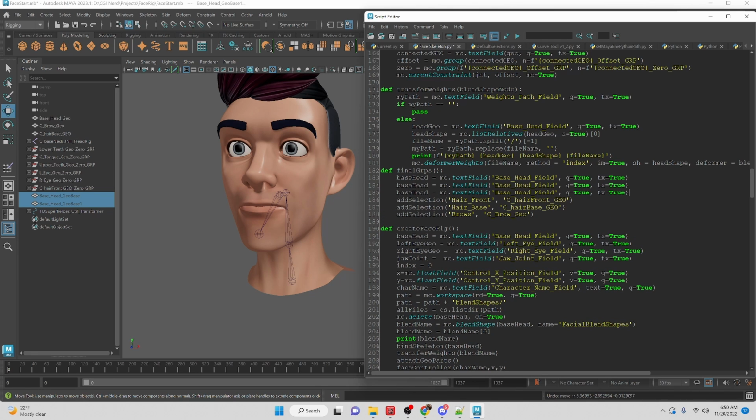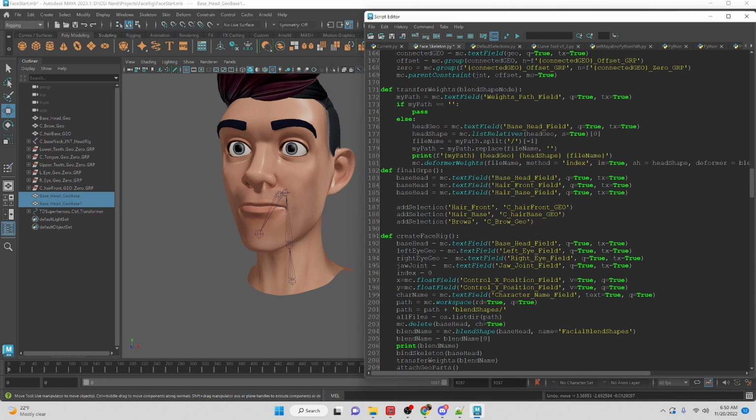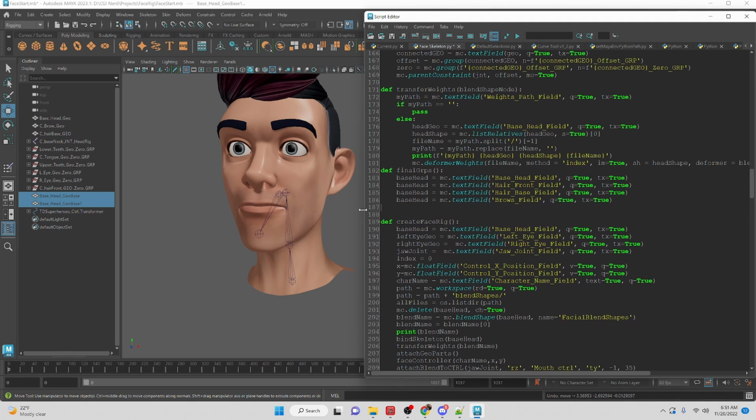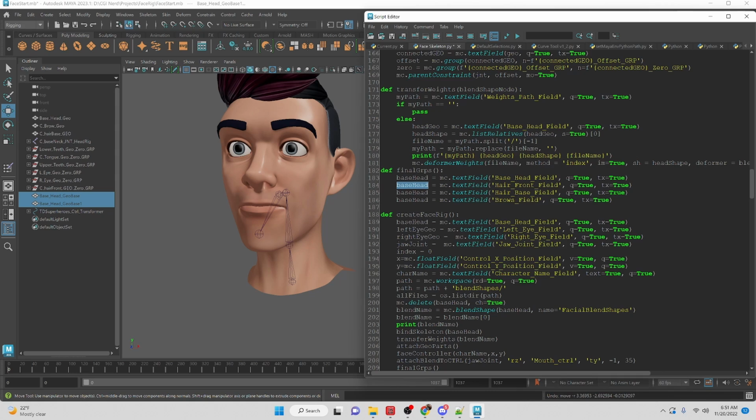paste it, and paste it for the other two. So we're going to need the hair front field, the base hair field, and we actually need one more. So let's copy that, paste it, and we need the brows. Okay, we have all of those. We just need to set individual variables. So this is going to be hair front, base hair,